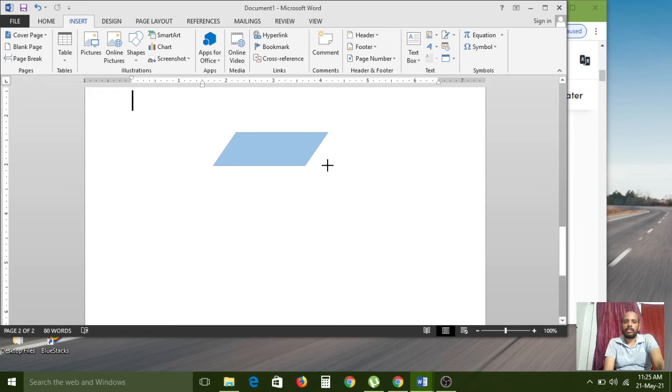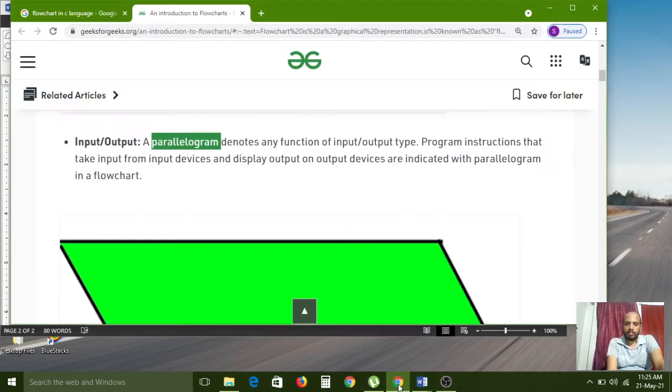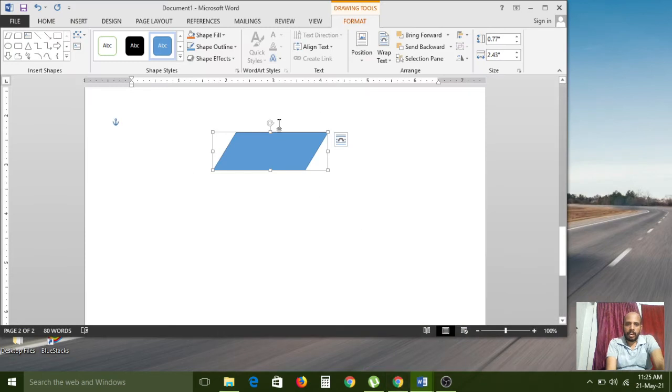First we have to draw this one like this. After that it can rotate here like this. So then also it can be used like this. So it is also not in the correct way.